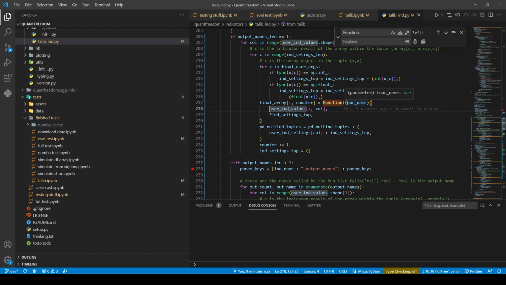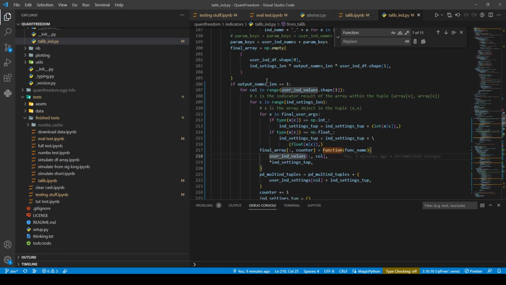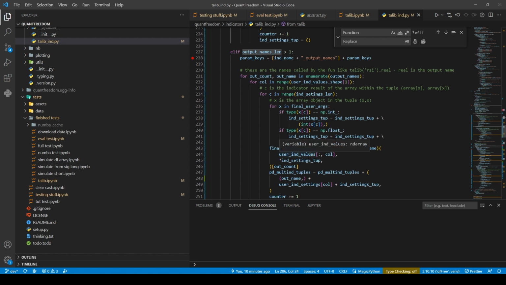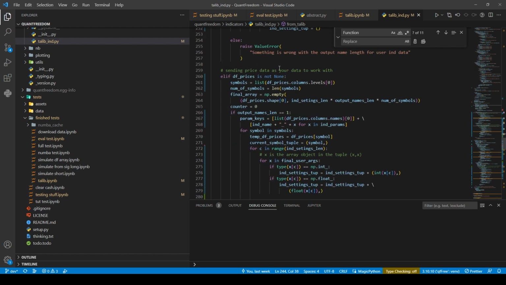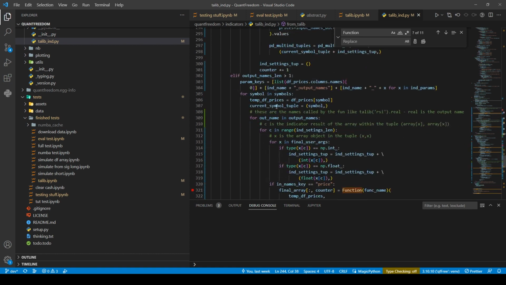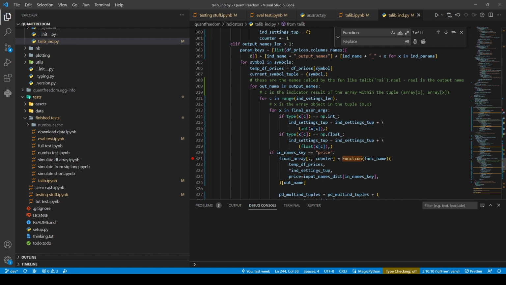This is not fine. Function name. So here we would have to do,